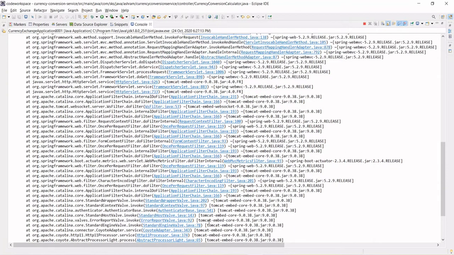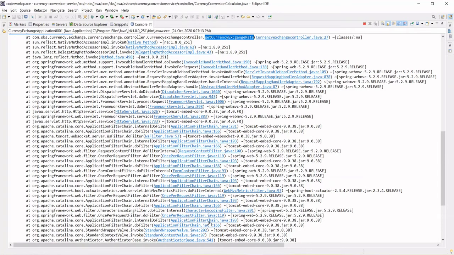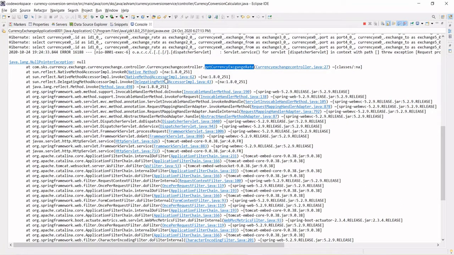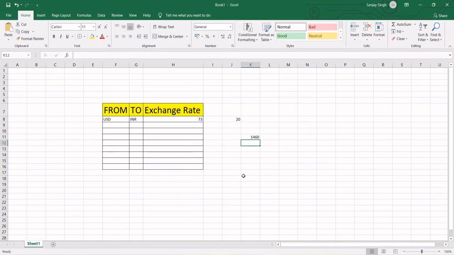Come down and see where it started. Thread started, and the delegate method came. Now getCurrencyExchangeRate is called from USD to USD. So you are not able to get the currency exchange rate. To better understand, from is getting passed as USD and to is also getting passed as USD, since we have mapped it wrongly. In the database, USD to USD is not available.